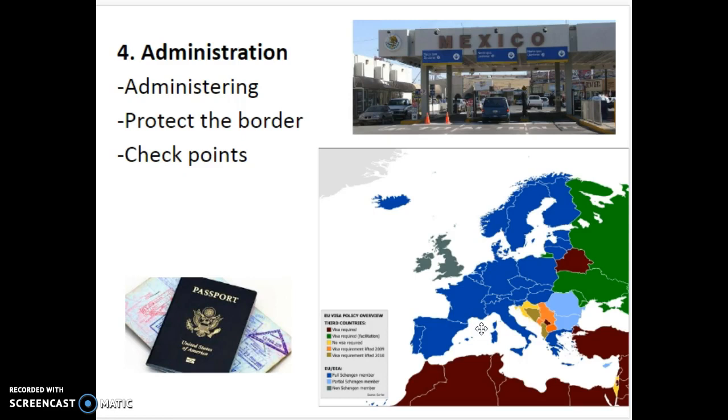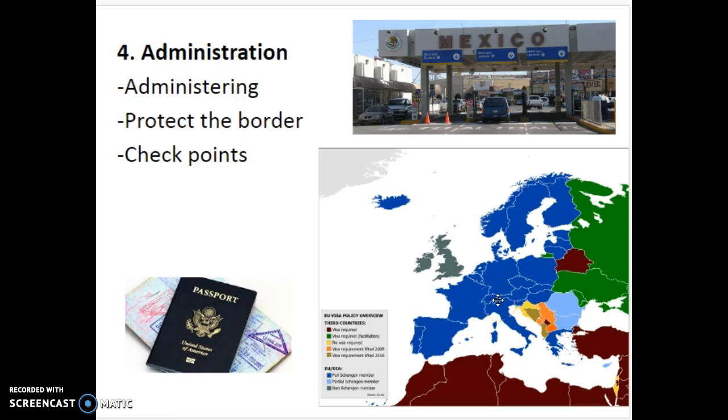A lot of us are very familiar with crossing down to Mexico to visit family, friends, or vacation and travel, and the process of what it takes to come up through the checkpoints, with added security. For example, when I was traveling in Europe, it was very easy to just travel from country to country. There wasn't this holdup. So open borders is a concept that came with the wave of globalization and countries working together in Europe.